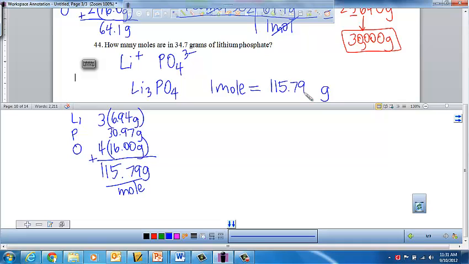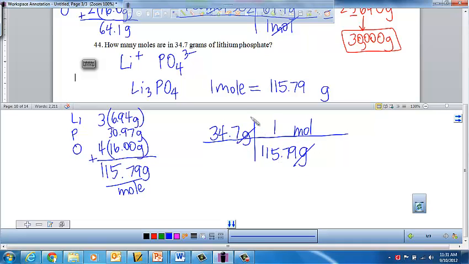115.79. All right. We know that we have 34.7 grams given. We want to convert to moles, so we had to put grams in the bottom, moles will go in the top, and 1 mole is 115.79 grams. Grams will cancel, so it's 34.7 divided by 115.79, and we get